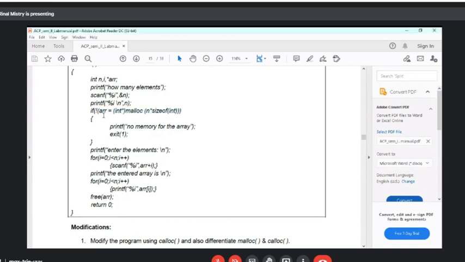So here what I'll write is ARR equal to int star malloc R into C, or say if I and J are used for row and column, then I into J into size of integer, right? ऐसा होगा.